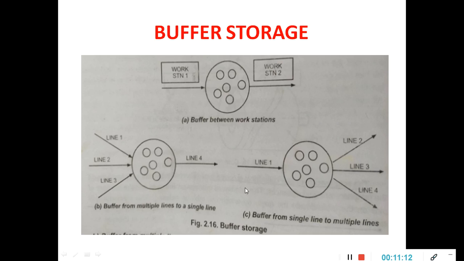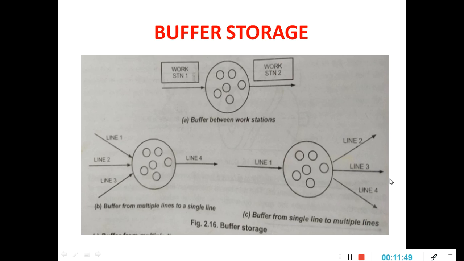So in an automated system, it is also possible to connect a single line into multiple lines, and this type of buffer is going to be used when the cycle time of a downstream system is very small. Here what happened? The cycle time is very less here. It needs continuous work parts. Therefore, the 3 lines are used in the upstation. So a number of components are used here, and continuously are going to be fed.